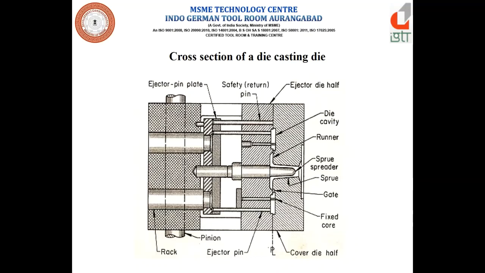Other parts are cores. Cores are die parts that produce holes, openings, and other casting details. Cores that extend parallel with the die movement, and therefore do not have to be removed before ejection of the casting, are in line with the movement of the ejection system. Those cores are not required to be removed, but cores that are at an angle or in another direction we have to remove before ejection of the part from the casting system.